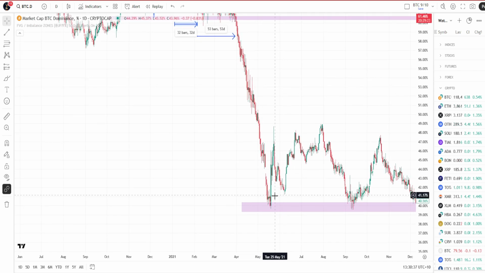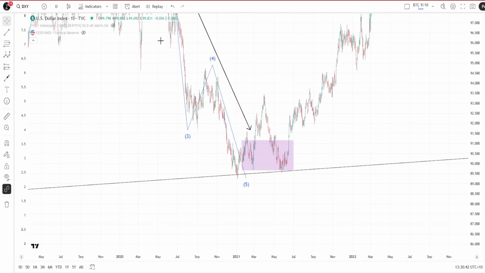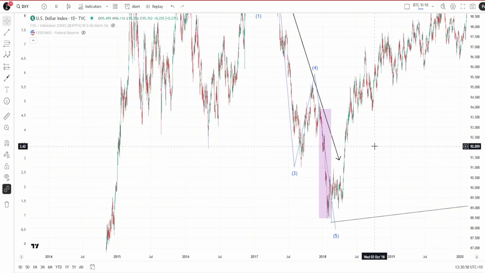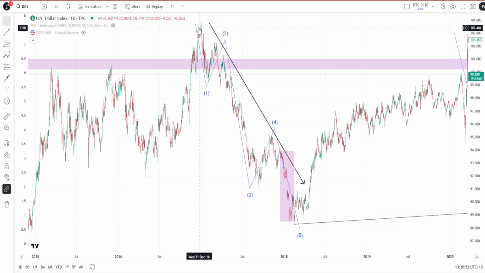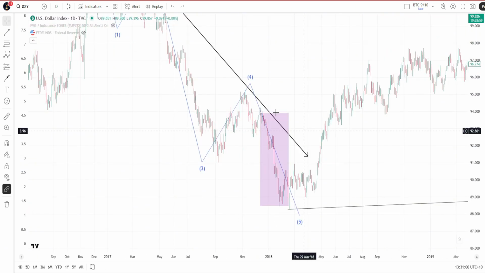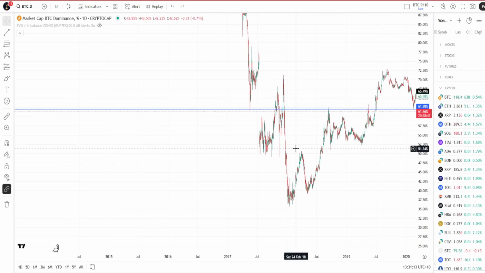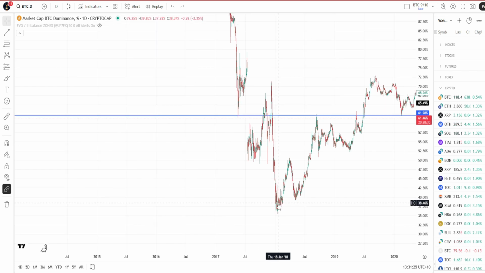And by the time it was finished, this was that May into June period of 2021, right as we've seen the US dollar actually bottom after forming a 5-wave corrective structure. Now, if we go back to the previous time this happened, when we saw the 5-wave corrective structure and this bottoming stage for the dollar, it actually happened in January of 2018. If we go back to the Bitcoin dominance and look back to January of 2018, what we can see is that